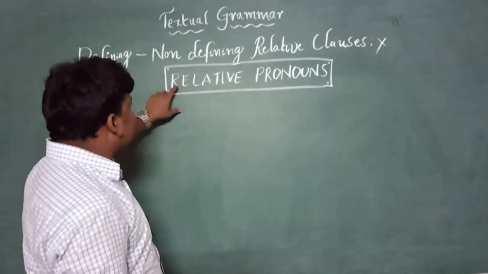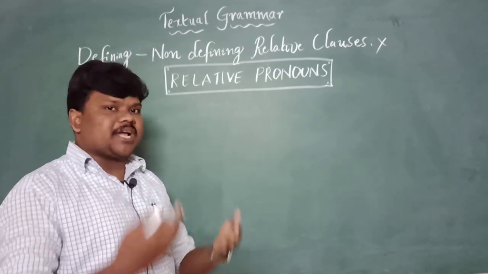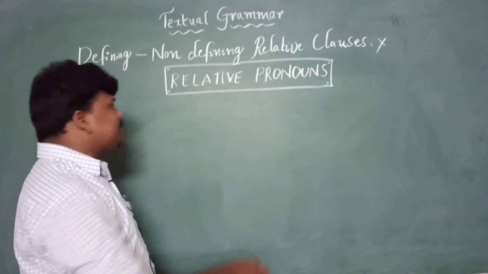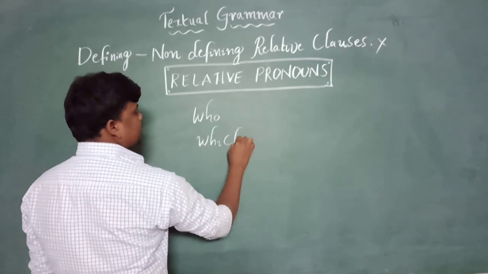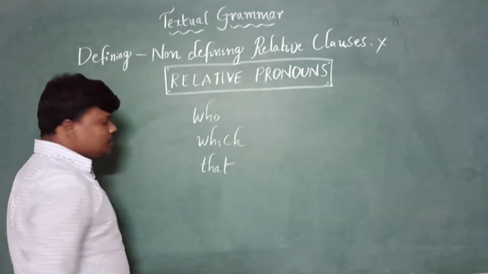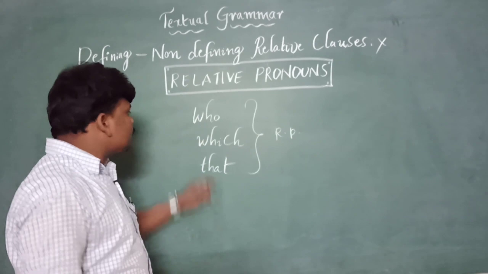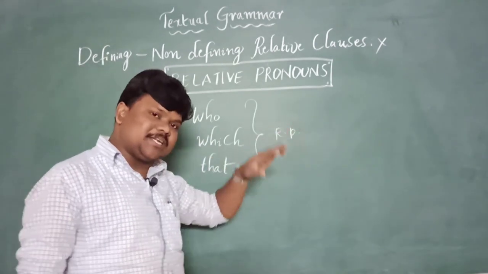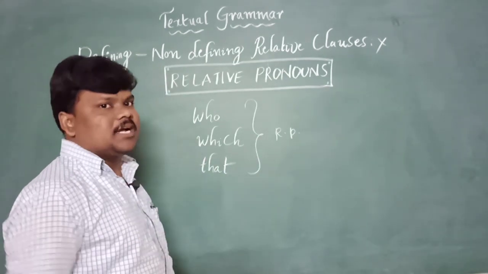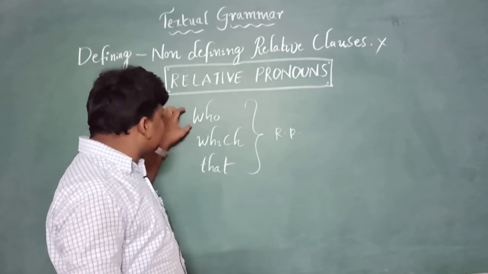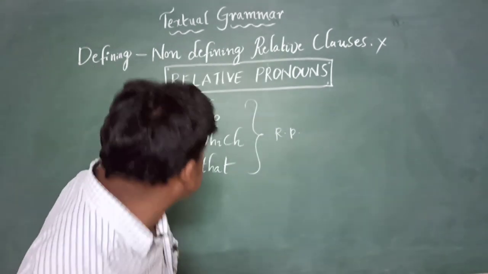According to English grammar, relative pronouns are many, but according to our public examinations, we have only 3 relative pronouns which are very, very important, and those are who, which, that. Who, which, that are called relative pronouns, which is very important. And these 3 are used to combine the two sentences. Let me write you instructions: how we need to write with who, with which, and with that.